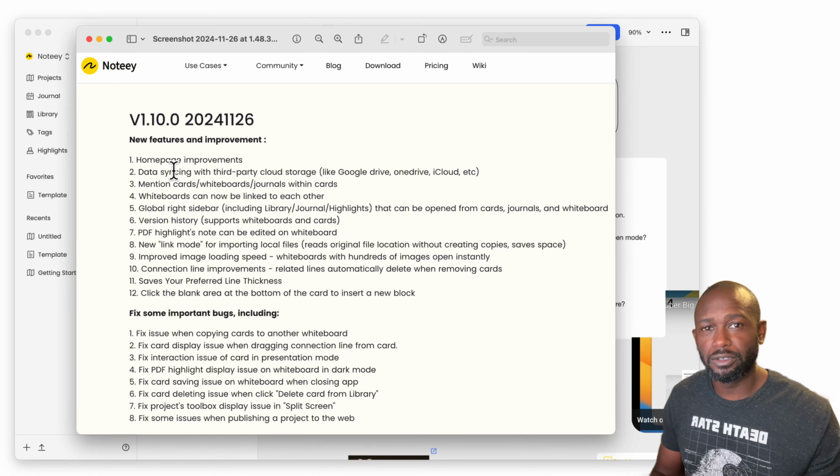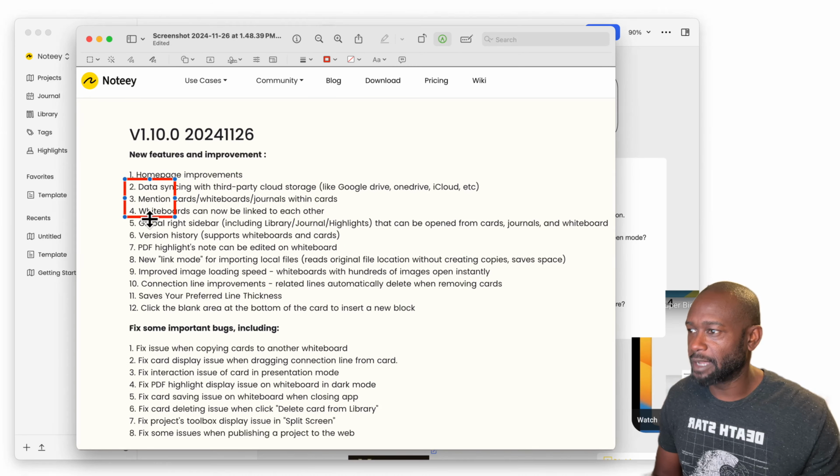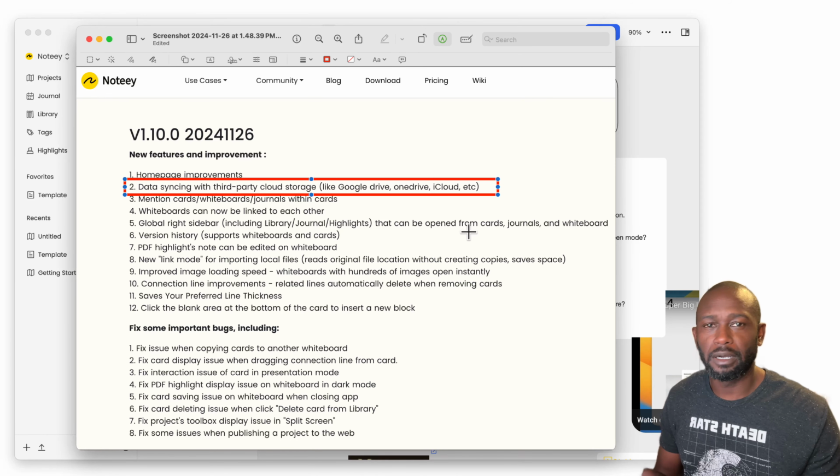The features and improvements that they've implemented here, one of the big ones is the actual data syncing feature. So this here has third-party data syncing where I can go in and set up either Google, iCloud, and they actually have, let me see, what's the other one? OneDrive also in here as supported cloud storage